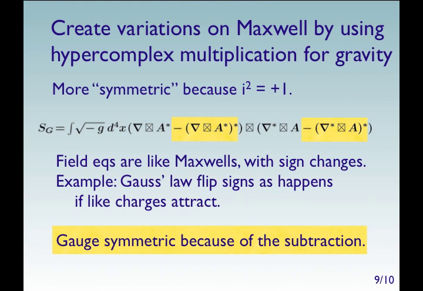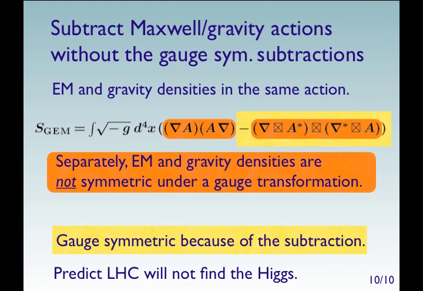Okay, this equation really is independent of the stuff I've been saying about EM, the weak force, and the strong force. There's no formal link between the two. So let's see if we can kill several birds with several stones and actually subtract this gravity expression from the Maxwell one without doing the gauge symmetry subtractions that we had done internally to the EM and gravity expressions. So what we end up with here is an action where we see the terms for EM,